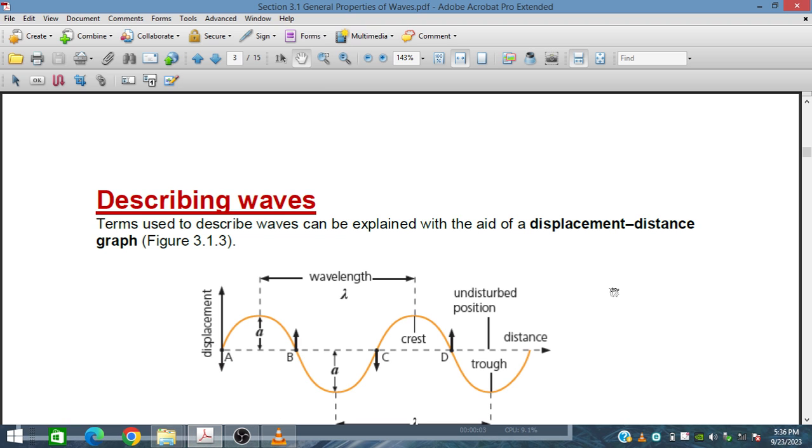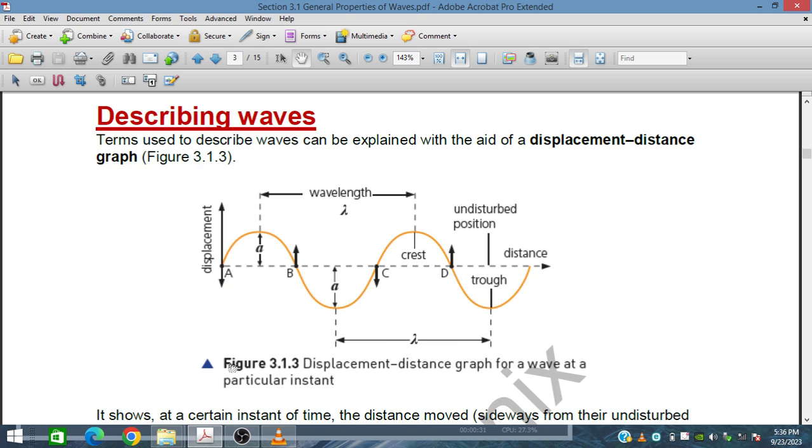Bismillah Rahman Rahim. In this session, we will discuss waves and describe the various terminologies associated with waves. The terms used to describe waves can be explained with the aid of a displacement and distance graph. Here on the y-axis we have displacement, and on the x-axis distance. In this graph, figure 3.13, a displacement and distance graph for a wave at a particular instant is given,